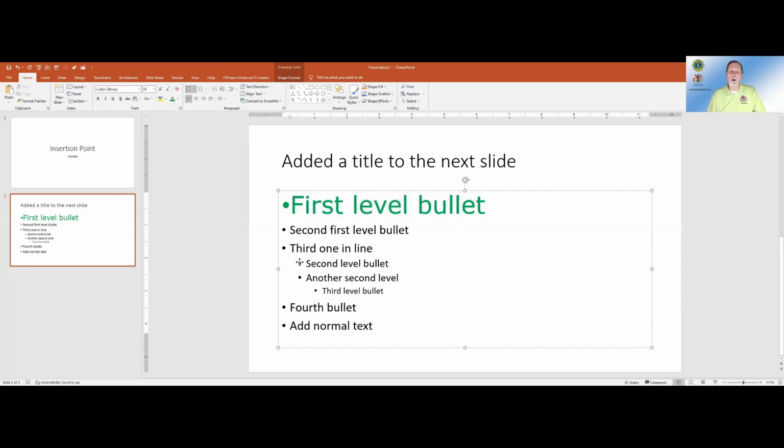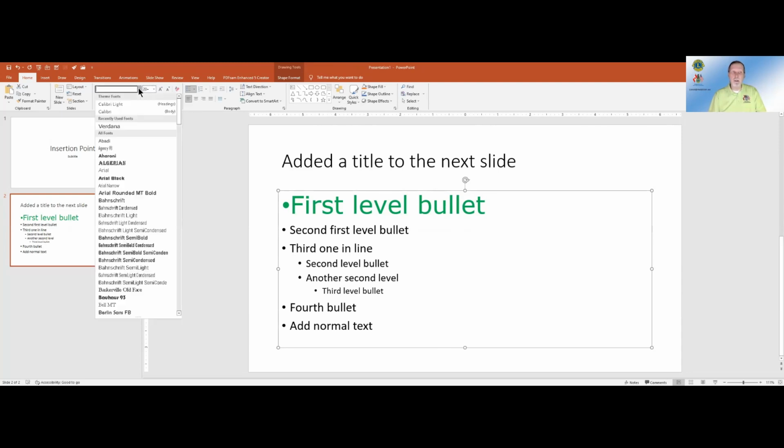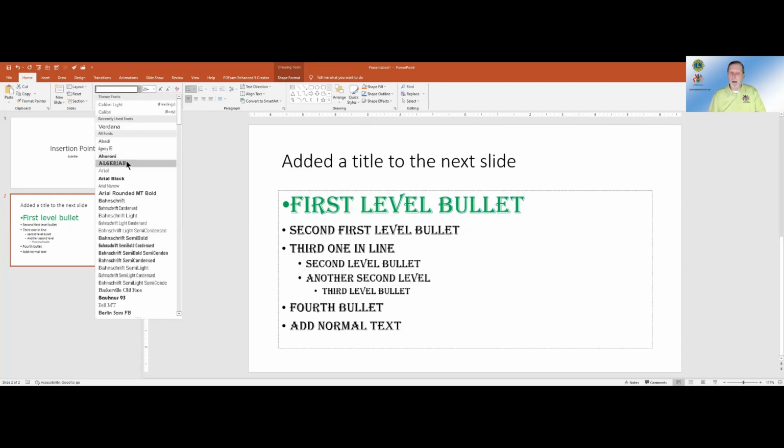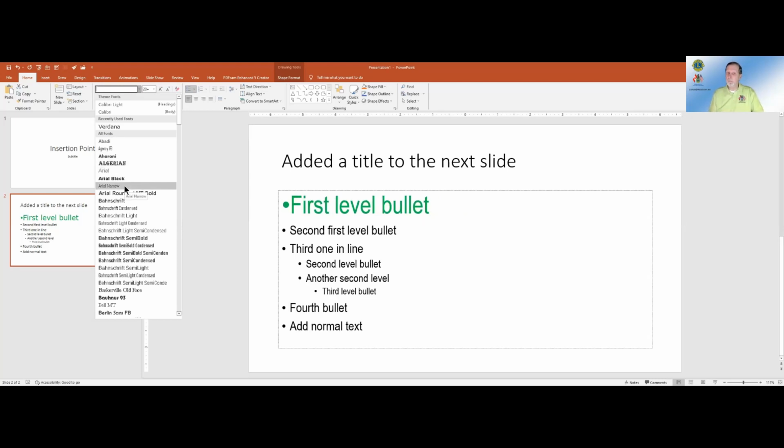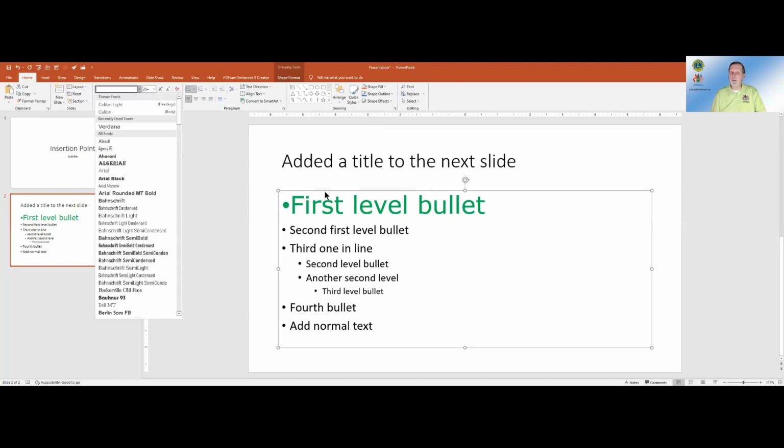If I want all of my text in this text box to change, I can do this one of two ways. I can exercise the old click and drag to select all of that text and then apply it, or I can click on what is known as the text frame right here, this line right here. A single click on this, and now when I change the font before I apply it, I see what it will look like before it's in play.